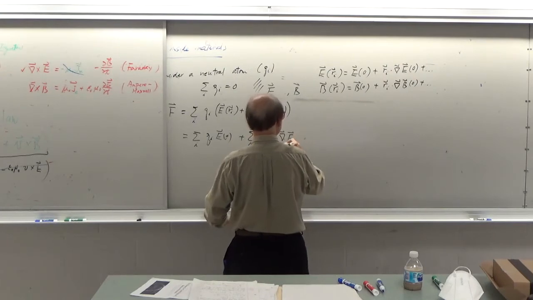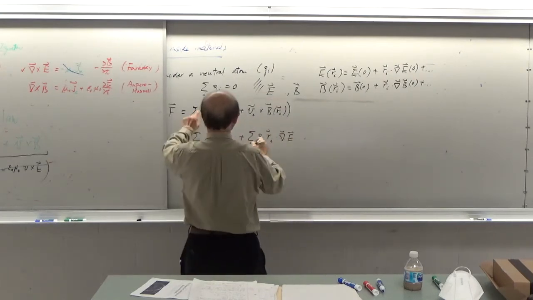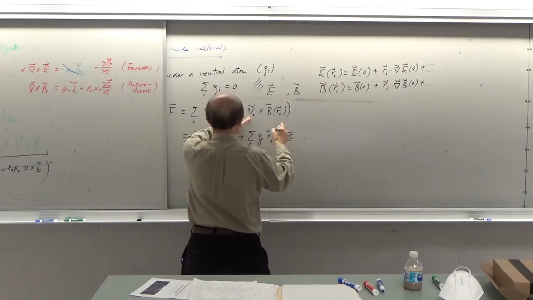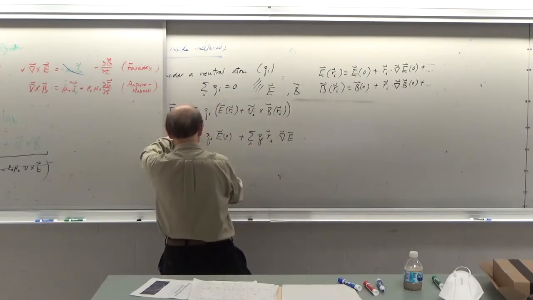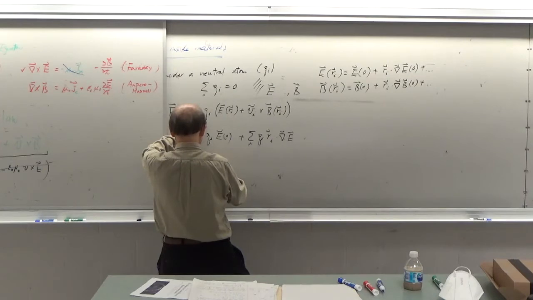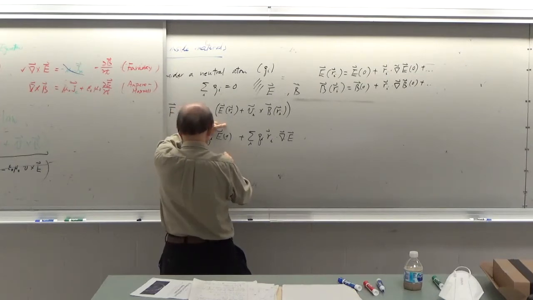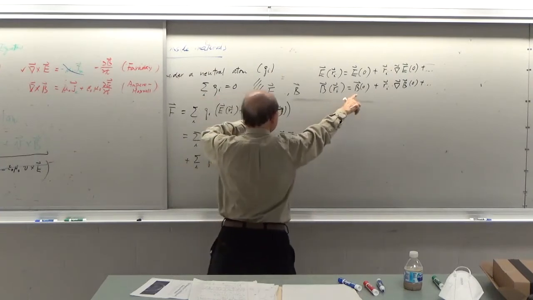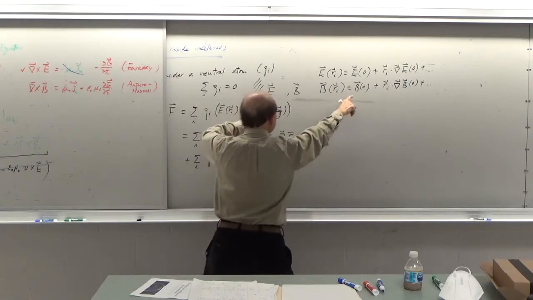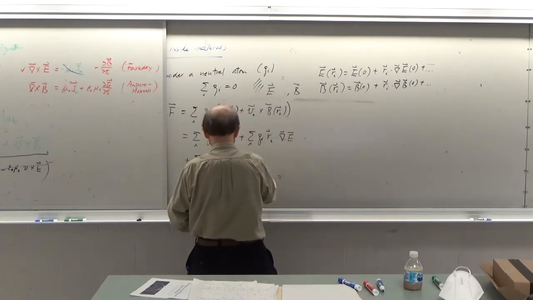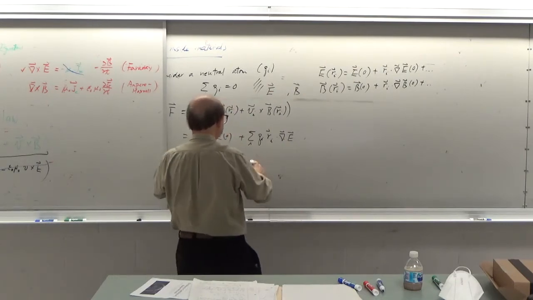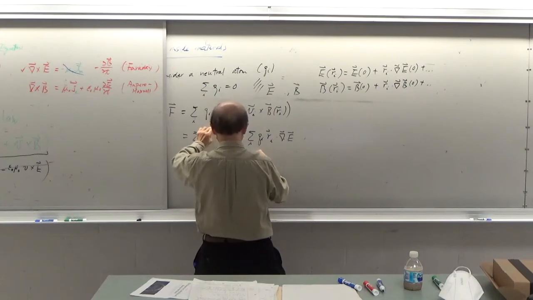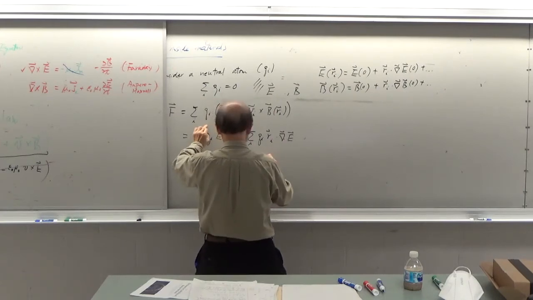And then this term is more complicated. Plus the sum over i of Qi, Vi cross B at the center of mass. Then plus, the most complicated term will be this one, the sum over i of Qi,